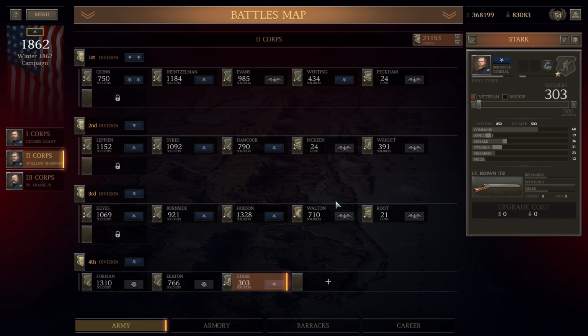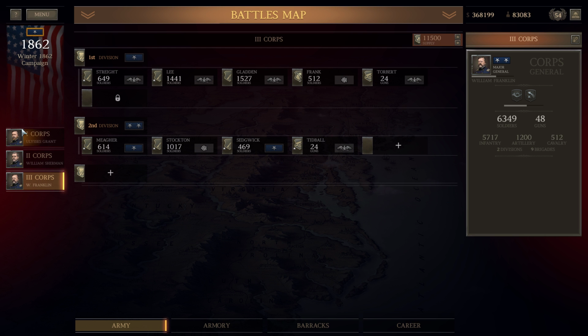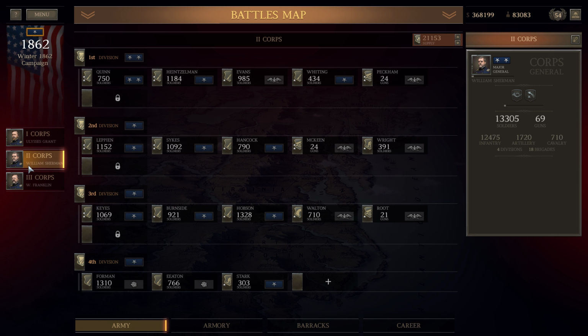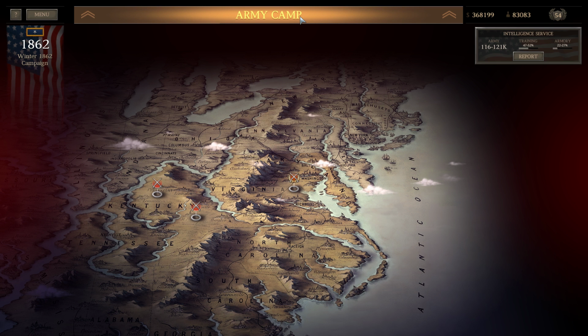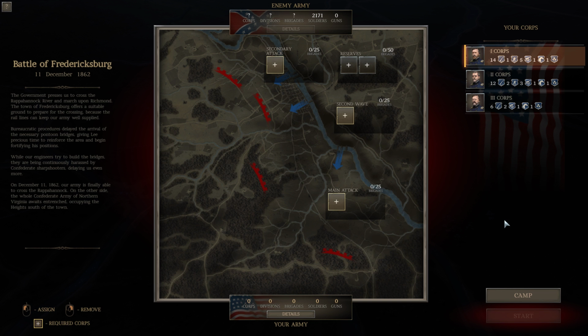Alright. Yes, sir. So, Stark, Brigadier General Red Stark. You have, what, 40,000 men against whatever. Like, how many are there at Fredericksburg? That doesn't matter, though. Secondary attack wave, second wave, main attack. Alright, so, regarding...